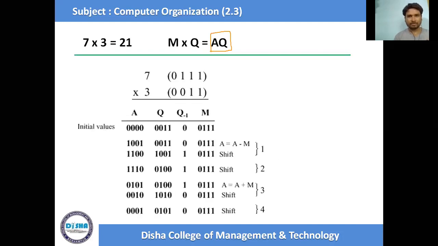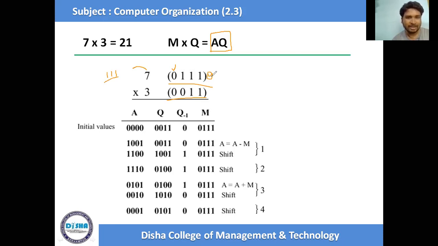So this is the arithmetic operation. Here 7 is converted into a binary number, and 3 is converted into a binary number. One thing to note is that the binary of 7 is 1 1 1, but we are getting a 0 here. It is a 3-bit number, so why should it be a 4-bit number?